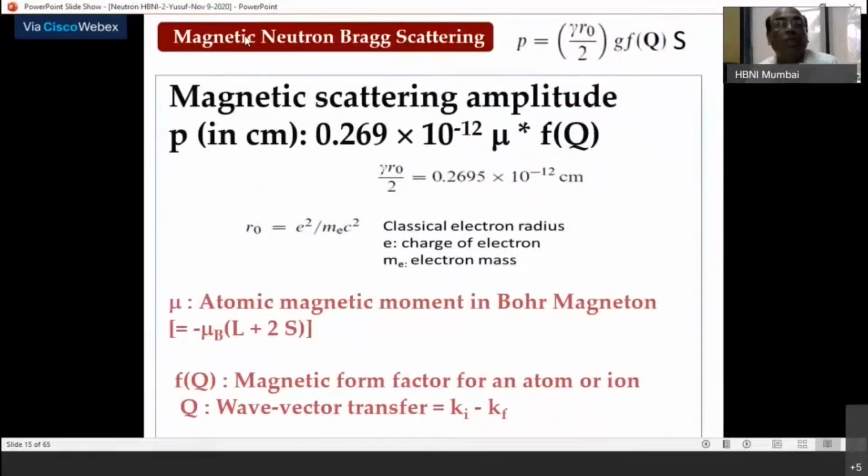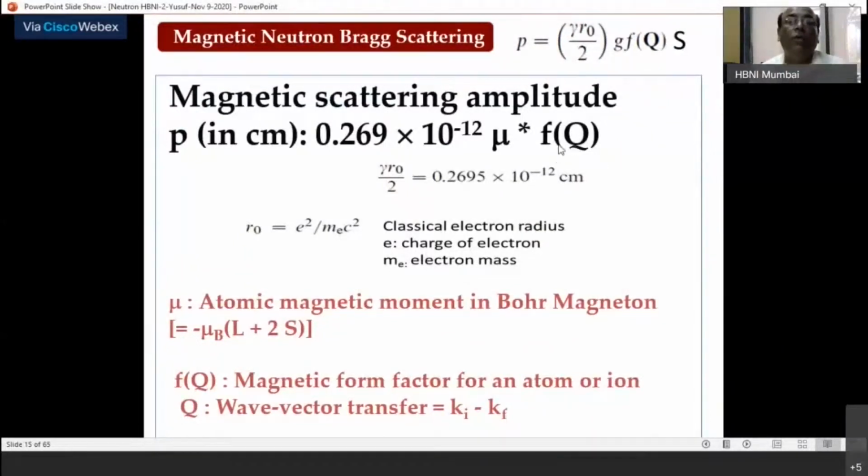That is very important. This is my actual value, 0.269 × 10 to the minus 12, when I am talking about this magnetic scattering length in centimeters. So we have the moment and we have the form factor. Form factor tables are also built in, or you can give your own. When my colleague, Dr. Anil Jain, speaks next time, slowly he will show you how this analysis is done.